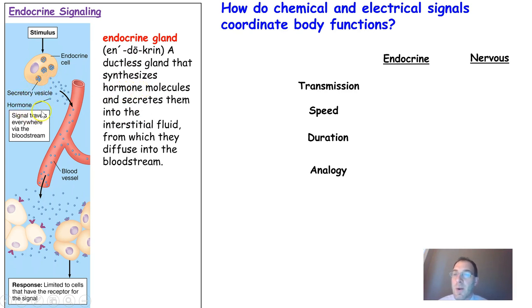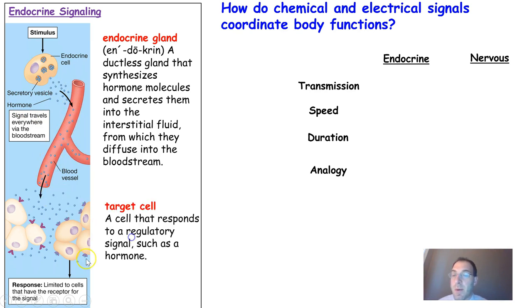They're able to secrete these hormones, which travel through your bloodstream, and they end up going to a target cell. So you have a stimulus, the hormone travels a long distance, and it goes to a target cell. And this target cell is able to respond because it has receptors. Very important that they have these receptors, and they have specific shapes and chemical capacity to recognize these hormones.